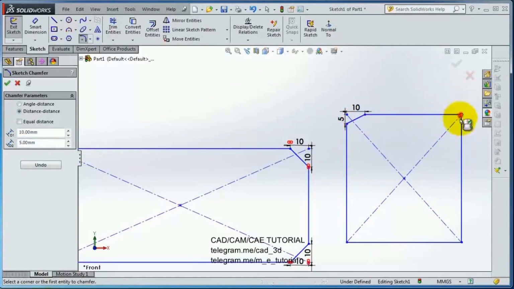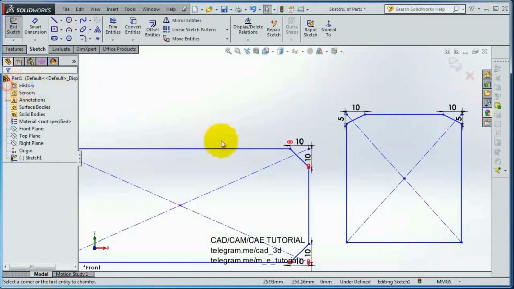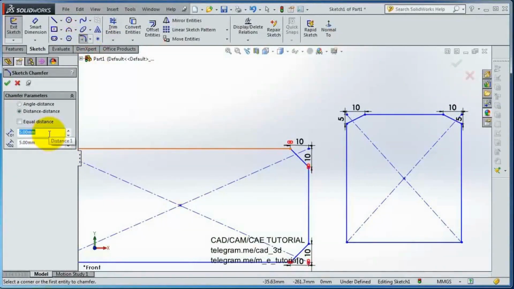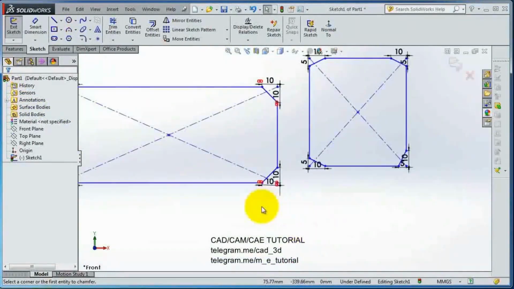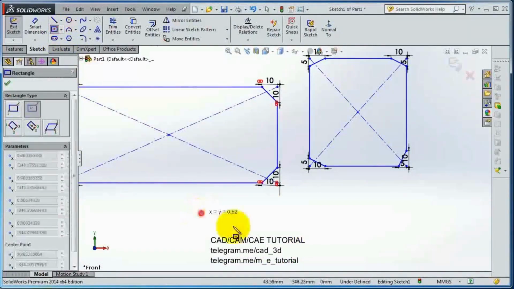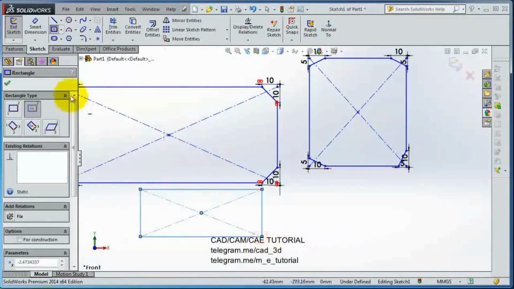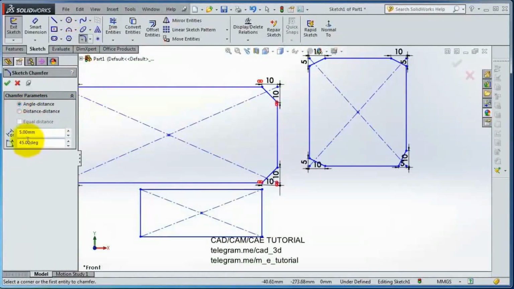Select and check the equal distance, and here let's make two different distances. Choose this, and let's reverse. Let's click OK then. Chamfer, make it 10 or 5 by 10. So you have two different distances. Again, let's create the last rectangle and select